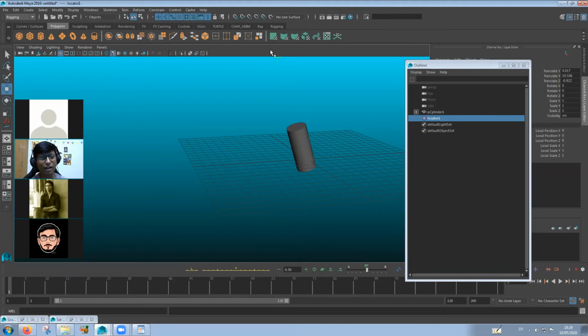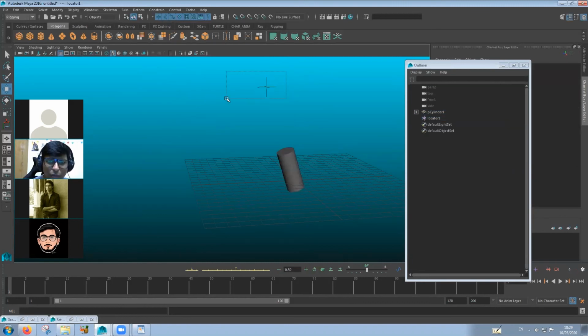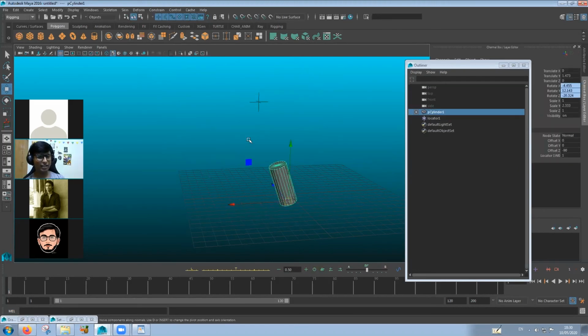The main advantage of locator is that no matter how much you use it, it doesn't show up in Blender. And also Maya has a separate on-off button for locator over here. So if this is off, no matter how many locators in your scene are there, you cannot select them. If you turn off this, you will not be able to select the locator, but you will be able to select everything else. So that is one advantage of using locator instead of some sort of curve or something.